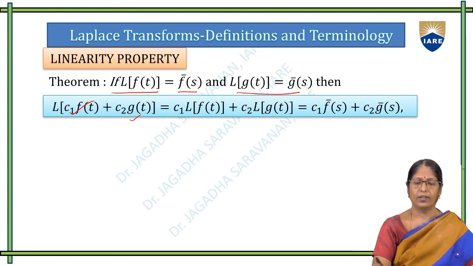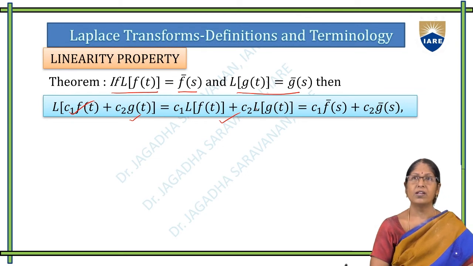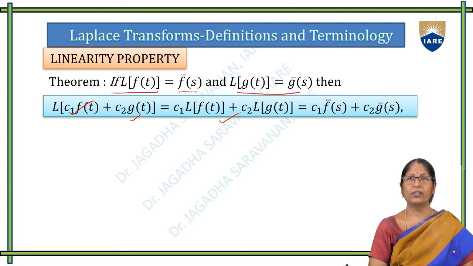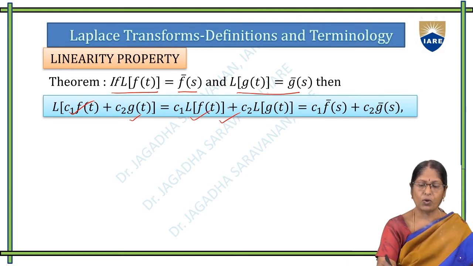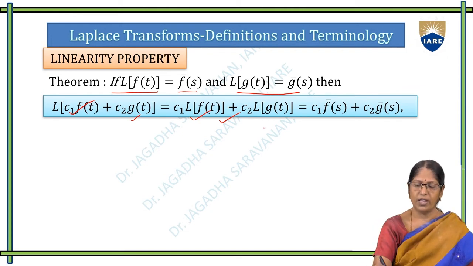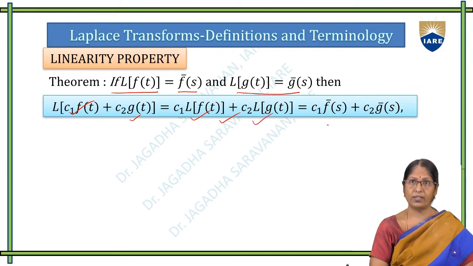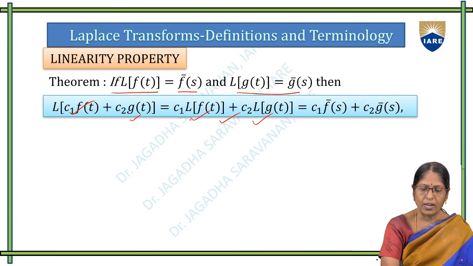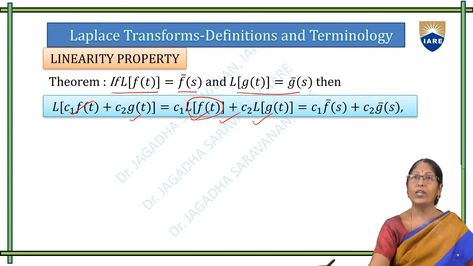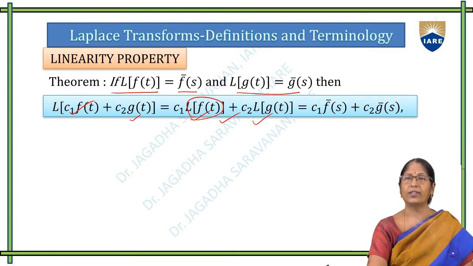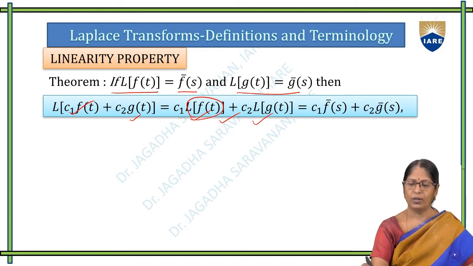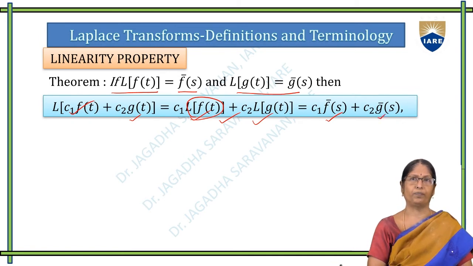We can separate them, that is, we can write c1 Laplace of the first term, c2 Laplace of the second term, and L of f of t, we know the notation, is f bar of s. Next, c2 times L of g of t is nothing but g bar of s,